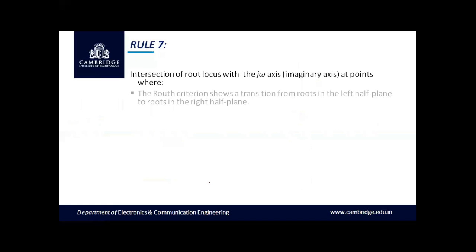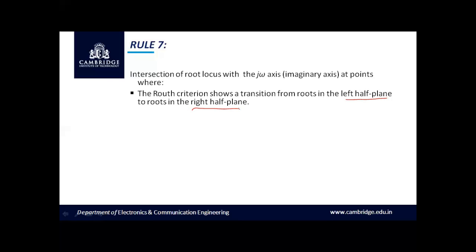Let us move on to rule number 7, which states that the intersection of root locus with the j omega axis, that is on the imaginary axis, is at points where the Routh criterion shows a transition from roots in the left half plane to the roots in the right half plane. So, with respect to rule number 7, we are going to calculate the location of the roots